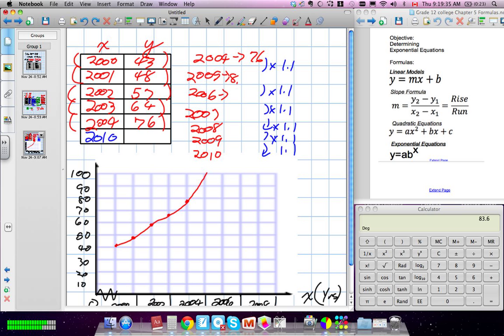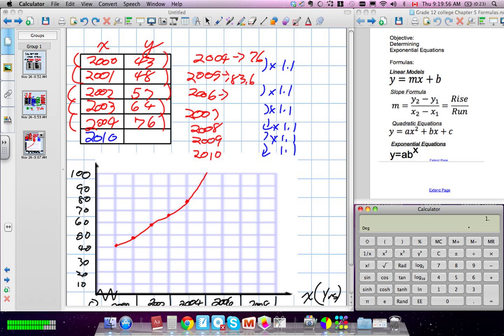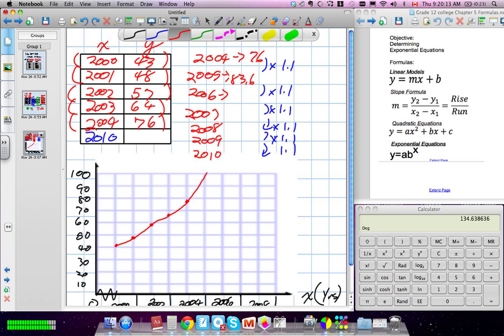Now, remember, because we want to get to 2010, I could write down all the numbers, and that'll help me a lot in case I make a mistake along the way. But I know I can just quickly multiply by 1.1 every single time. Oh, it's supposed to be 83.6. I'm really having trouble writing numbers down today. Okay. If we multiply by 1.1 again, that's 2006, 2007, 2008, 2009, and in the year 2010, it looks like their gas production is going to be